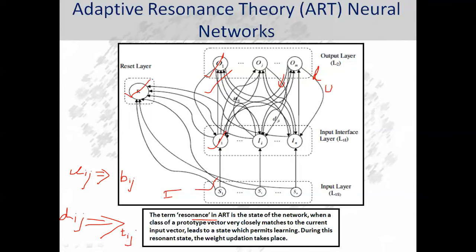Now you can read them as that B stands for your bottom up weights and T stands for your top down weights. Now your I will become equal to X. Earlier we were considering I, your input sample, in the form of I1, I2, I3 up to IN. Now we will consider it in the form of X, X1, X2, X3 up to Xn. Now these are some terminological changes we'll be following while solving the numerical for ART.